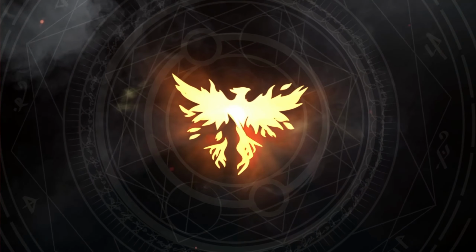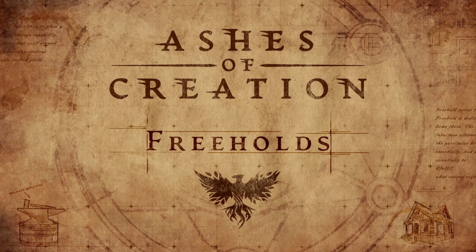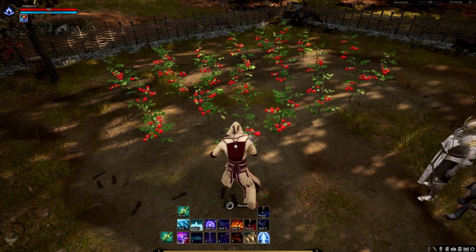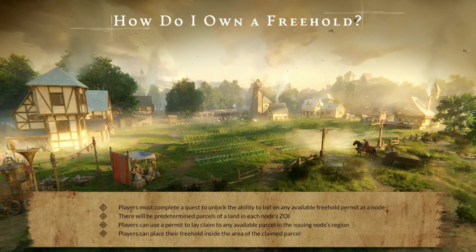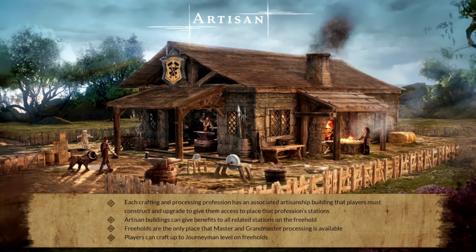It's July, which in the US means fireworks and freedom, and in Ashes, it apparently means freeholds. That's right, we finally got a stream about freeholds, the player-owned housing system for Ashes, and it was a massive stream, clocking in only a few minutes shy of 2 hours. The main event was, like usual, a pre-recorded gameplay presentation, this time preceded by a type of PowerPoint presentation to explain the system easier. As usual, I'll link the stream and standalone presentation below, but I'll try to sum up